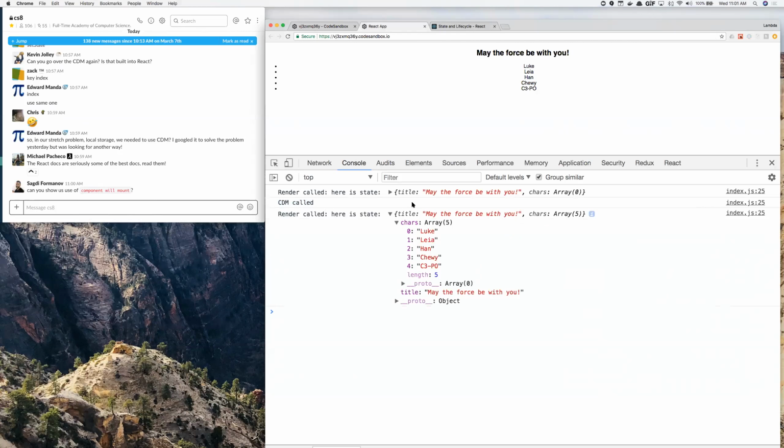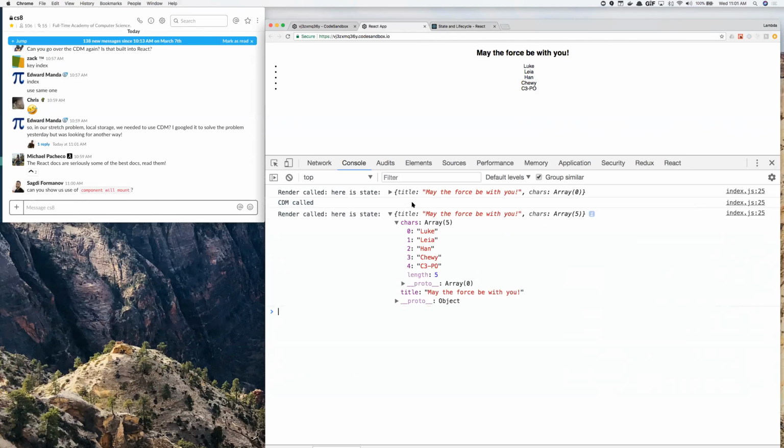So Sagdi asks if we can show us a use case for component will mount. Unfortunately, component will mount does not have very good use cases because we have the constructor function now. Component will mount is very good for a default setting on the overarching parent component of our application. If we need some default API key set for our component to use, that's when you would use component will mount, but you'd use it at the very, very top level